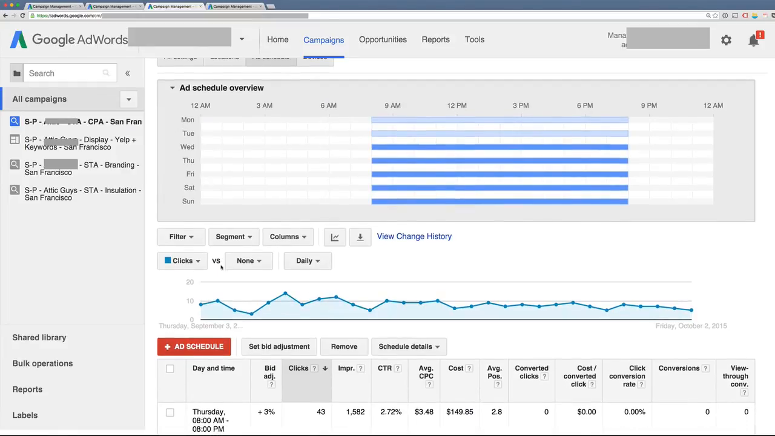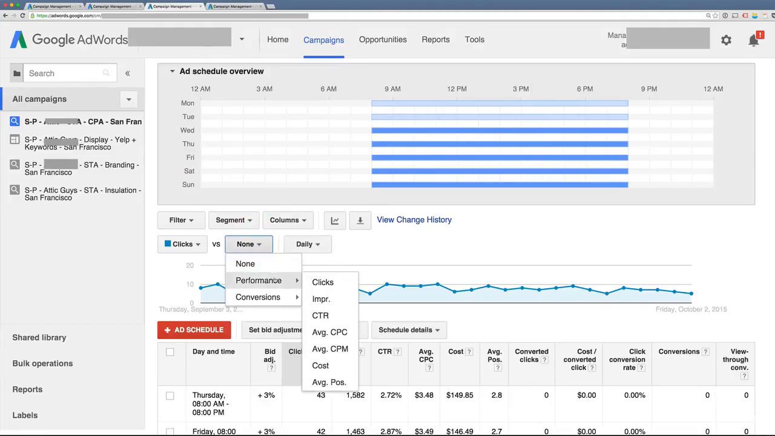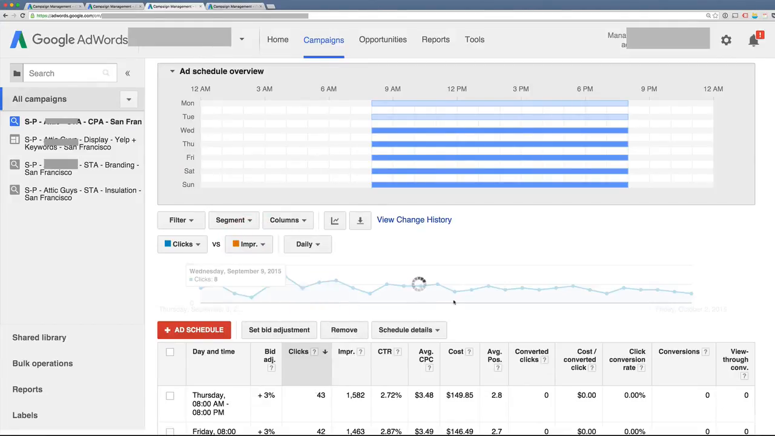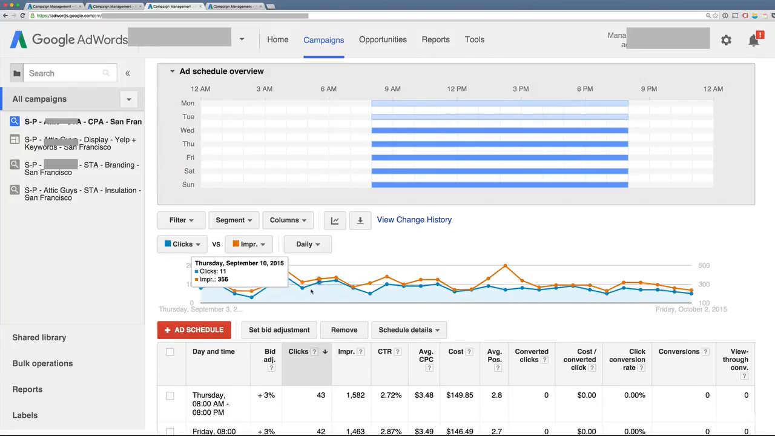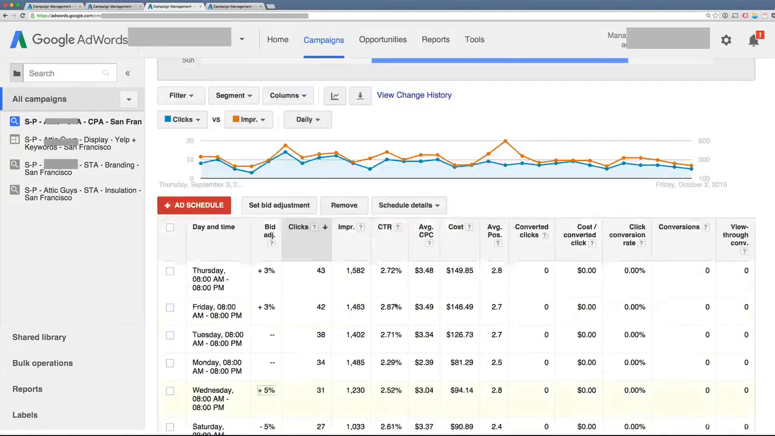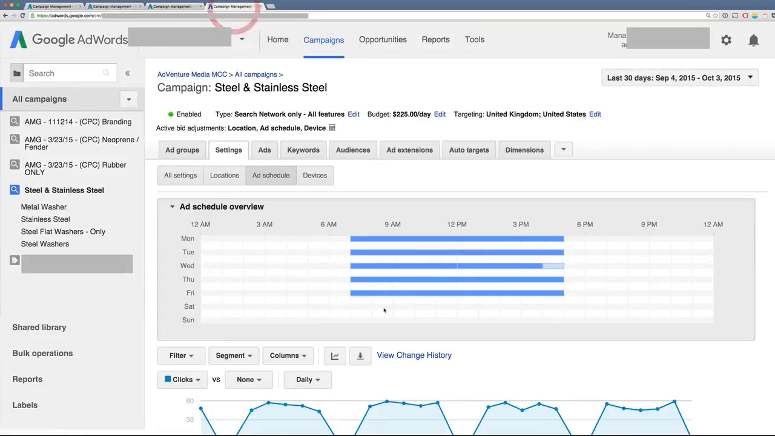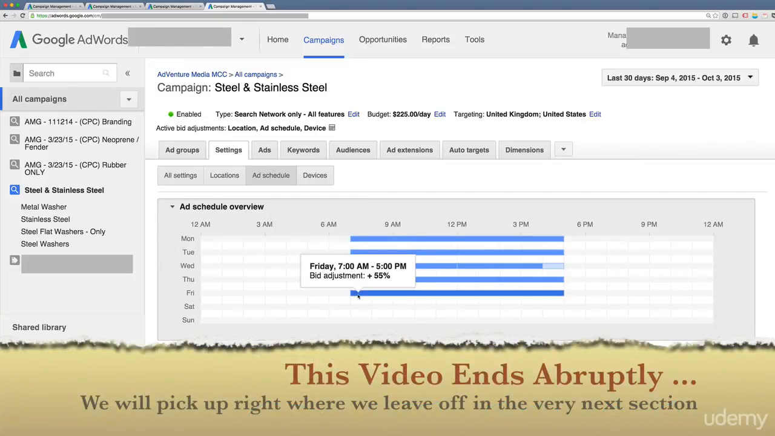And over here we once again can see our charts for clicks. I could see clicks versus impressions by customizing this graph. Okay, and I could see my data and compare and contrast it with the different times of the day and days of the week that campaigns are running. Here's yet one other account that's running Monday through Friday, 7 to 5, and there's a positive bid adjustment